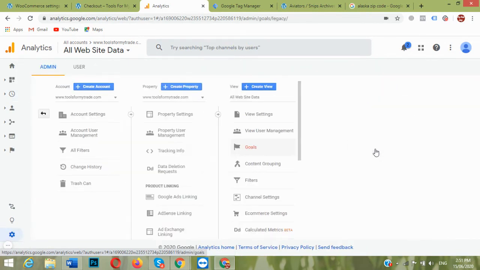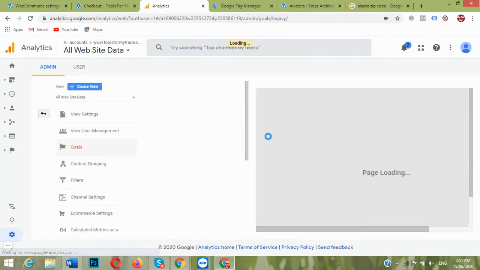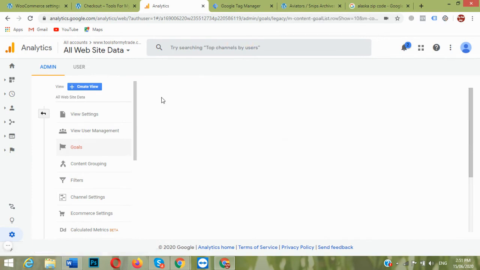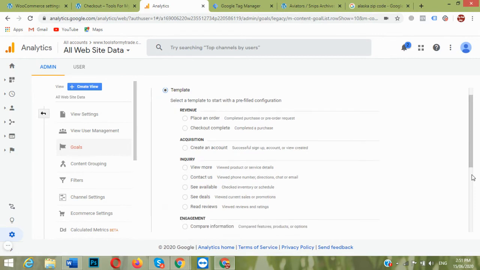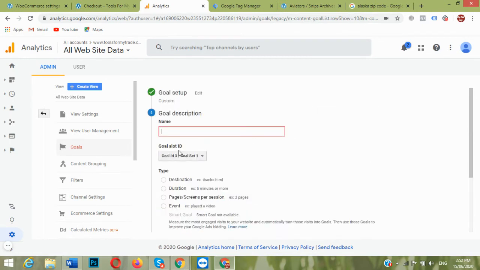Go to goals. New goal. Custom. This is the purchase order goal. Name event.